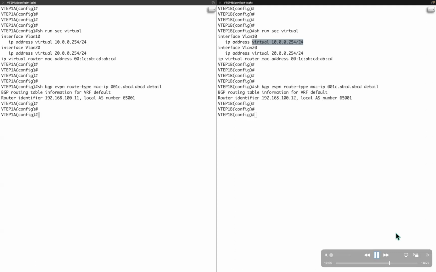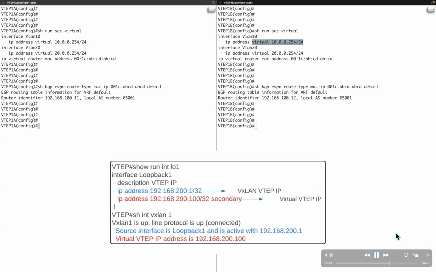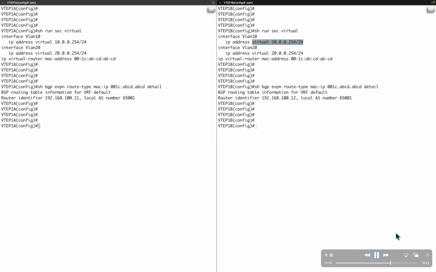On Arista switches, the Anycast virtual MAC is tied to something called the virtual VTEP IP, or the VVTEP IP. This IP is shared by all the routing VTEPs in the EVPN domain. So when a type 2 route is originated for this virtual MAC, the gateways are going to use the virtual VTEP IP as the next hop for this update. And this is necessary because if there are multiple routing VTEPs and they all use their unique primary VTEP IPs,